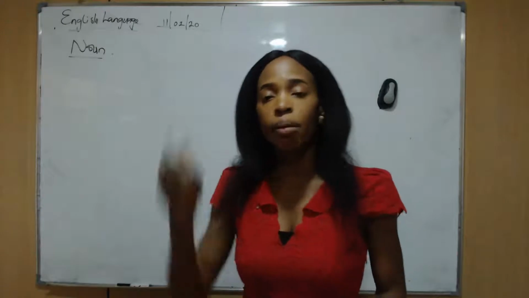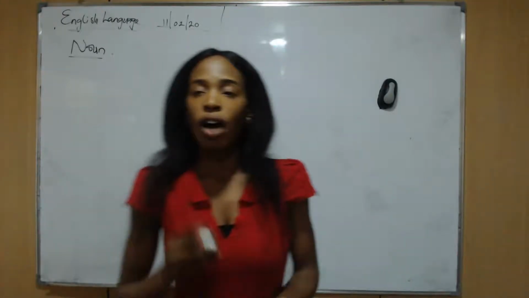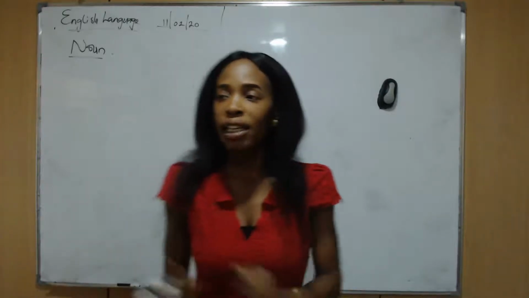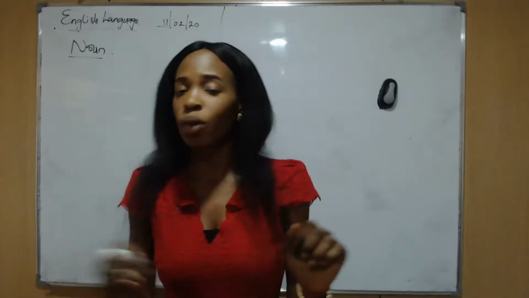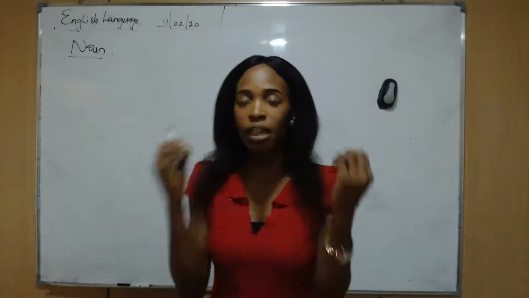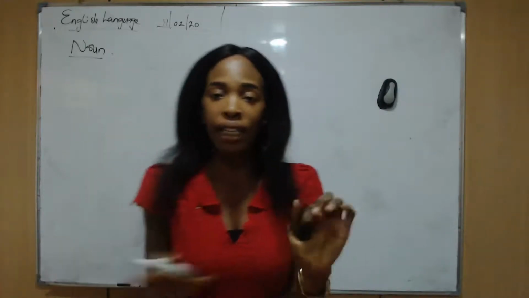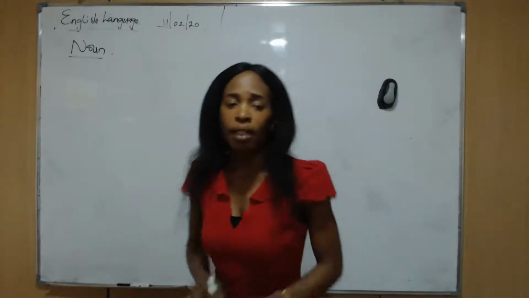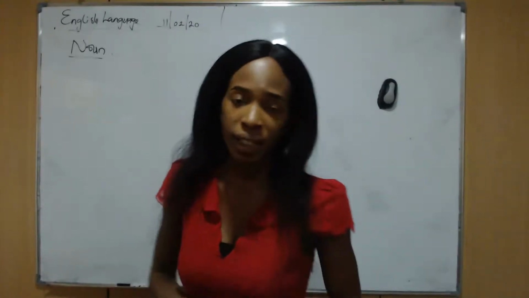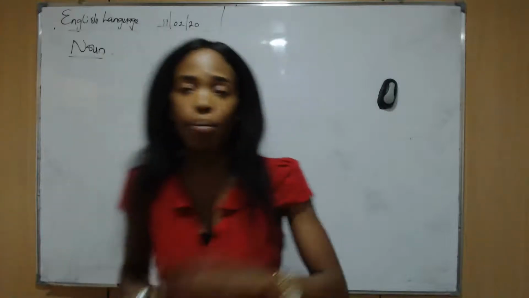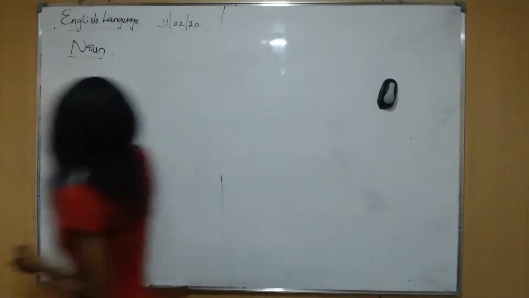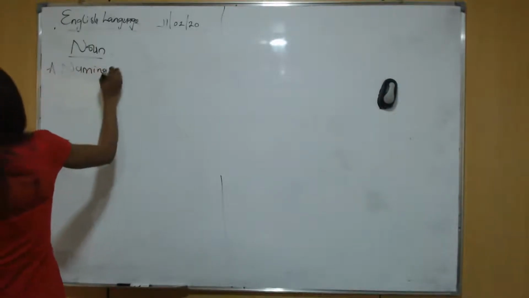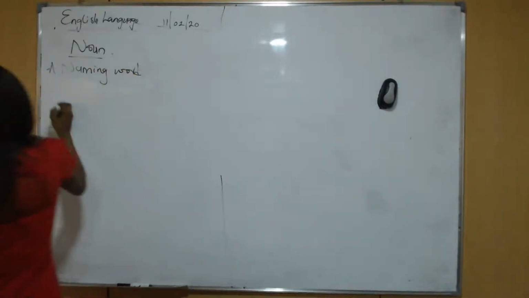Any word used to name a person, a thing, an event, an institution, we call it a noun. And I want to remind you that there's nothing in this world that does not have a name. So all these names that you know, just bear in mind that they are all nouns. And another aspect to know about a noun is that a noun has what? Genders. A noun has genders, masculine and feminine. The masculine and the feminine. For example, we have